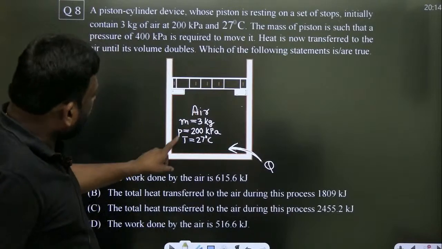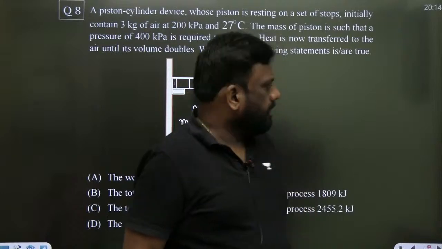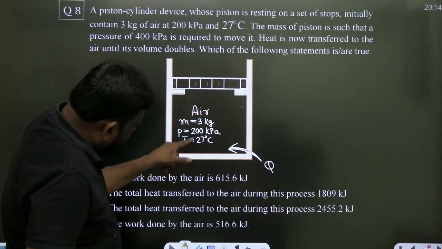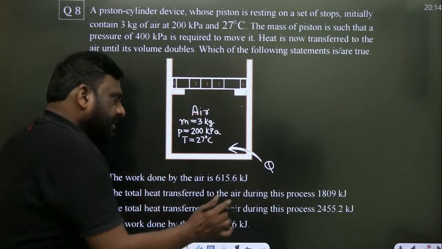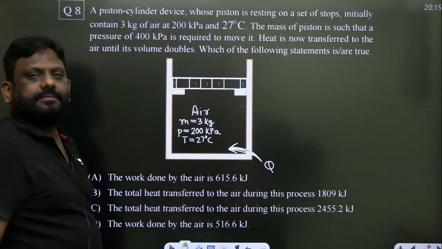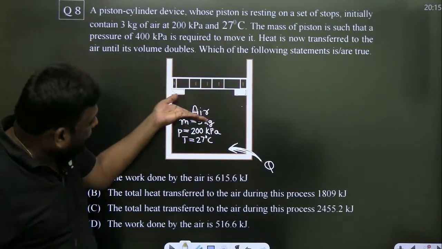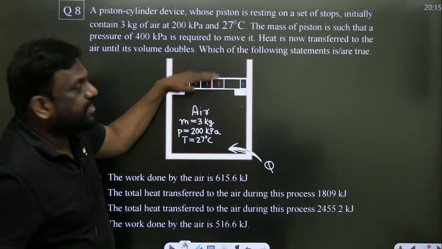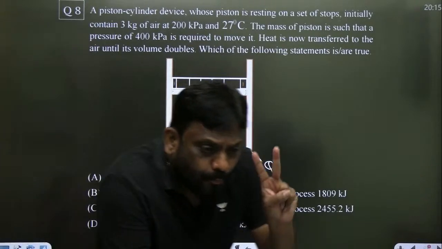Okay, what is the initial pressure? 200. Tell me, sir. Look carefully. The initial temperature is 27 degrees centigrade. The pressure is 200 and the mass is this. Heat is supplied. Immediately after the supply of heat, will the piston rise? No, sir. First it will absorb, then it gets lifted up. Means initially the piston is not moving, so initially the volume is constant. There are two processes occurring.